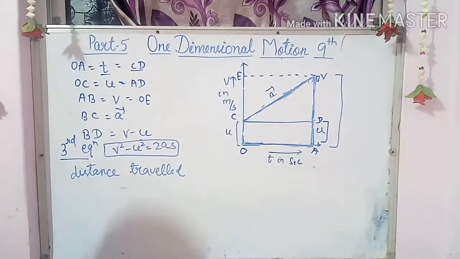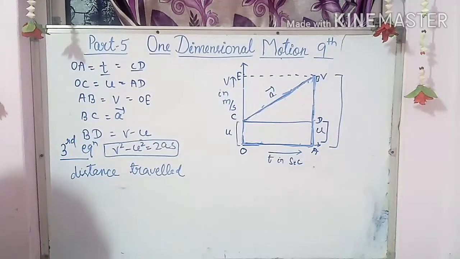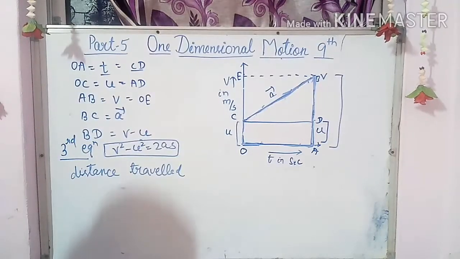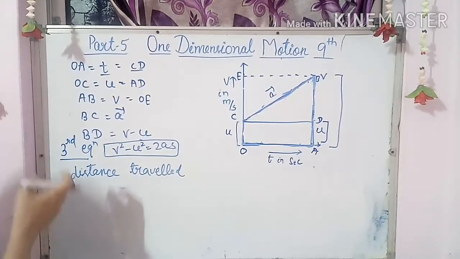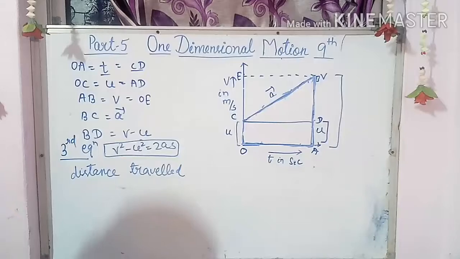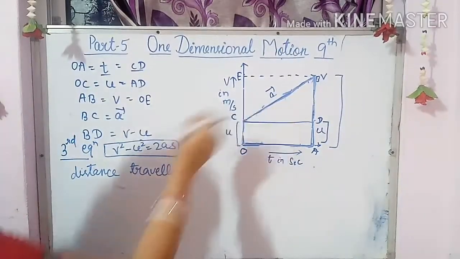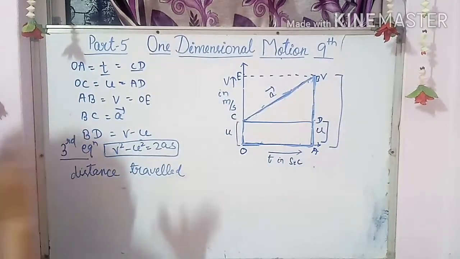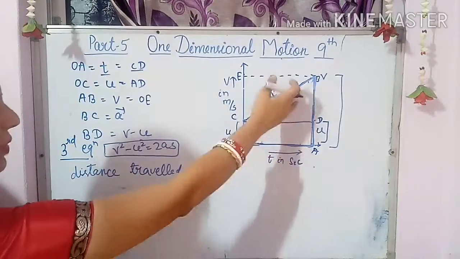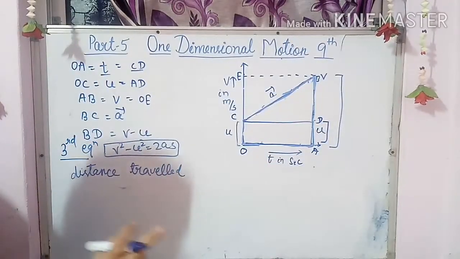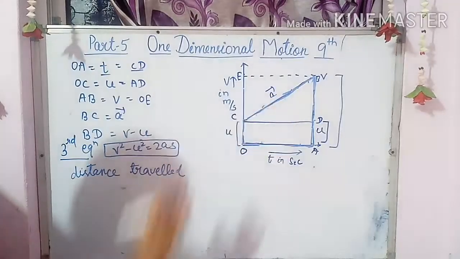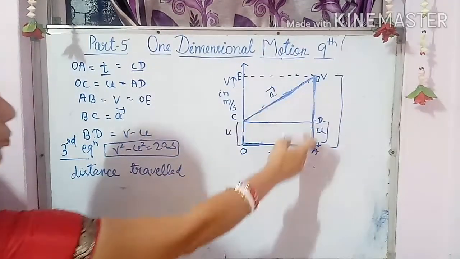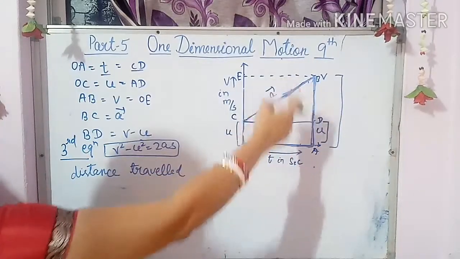So now you can think, what is the difference between the second equation and the third equation? There also we found the distance travelled. Here also we are going to find the distance travelled. So what is the difference? To find this distance travelled, there I divided this figure into two parts, one is a rectangle, another one is a triangle. But here the same area of this figure I am going to find, but remember children, here we are not going to divide this figure. Here we are going to take the whole figure, that is in the form of a trapezium.